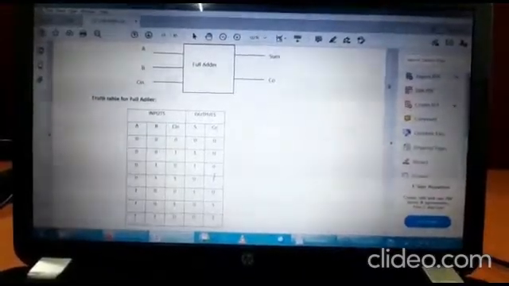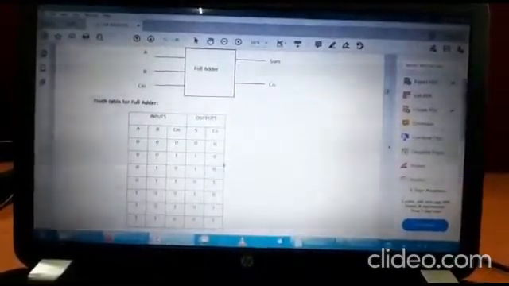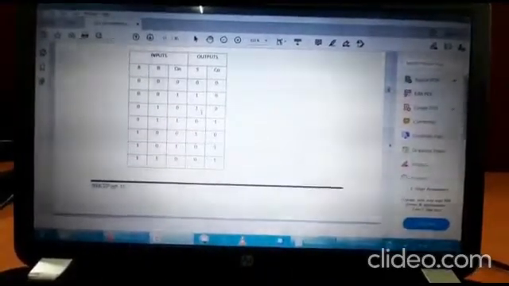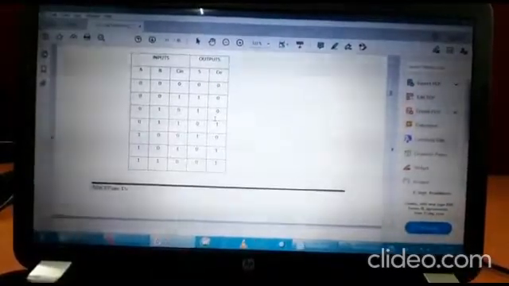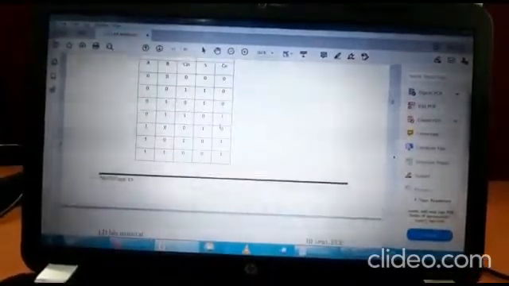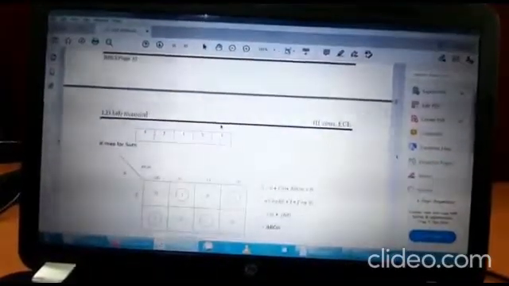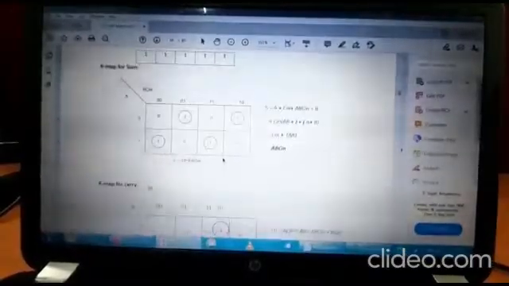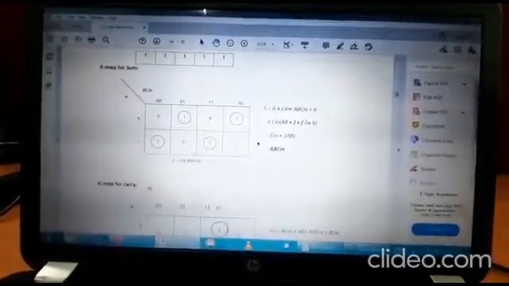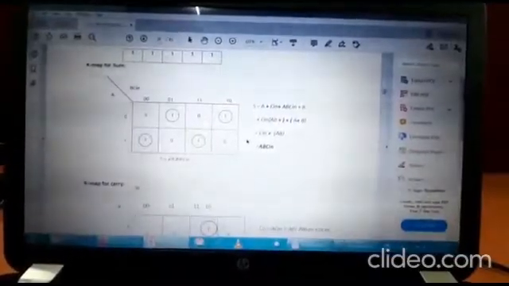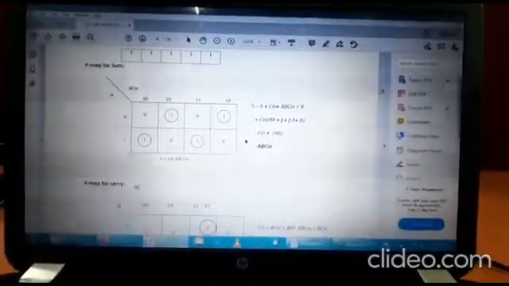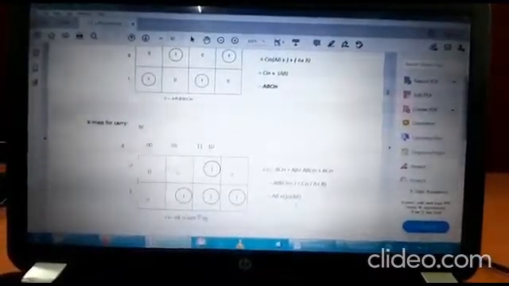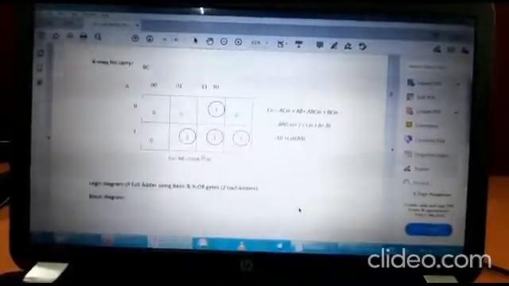So for all these values of A, B and C in, you are going to write the truth table for the sum and carry. Wherever you have high value outputs for the sum and carry, we are going to use a K-map and arrive at the expressions for sum and carry. So draw a K-map, and wherever you are getting high values, you can solve the equations using distributive laws and De Morgan laws. You are able to arrive at the expression for sum equal to A XOR B XOR C in and the carry equal to AB plus C in into (A XOR B). So we can now realize the same using